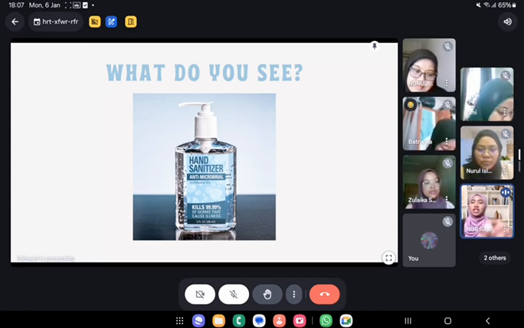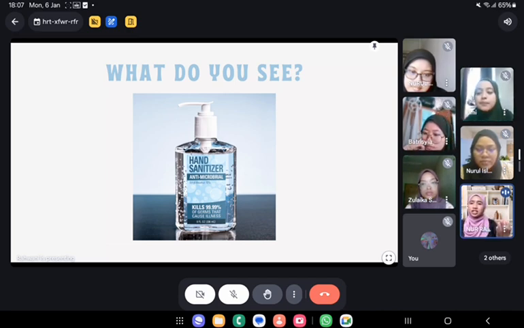So students, the reason why I show you this picture is because I want you to know that each alcohol has its own specific name and structure, and especially as chemists, they don't really like to use the general name of the alcohol, which is, as you said earlier, hand sanitizer, the beverages, or the bleach. They prefer to call it by using the specific name. So today, I'm going to teach you in more depth about the hydrocarbon alcohol,